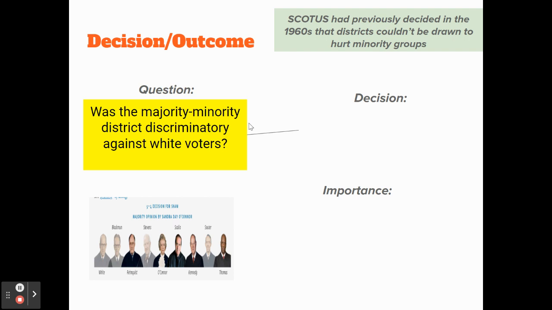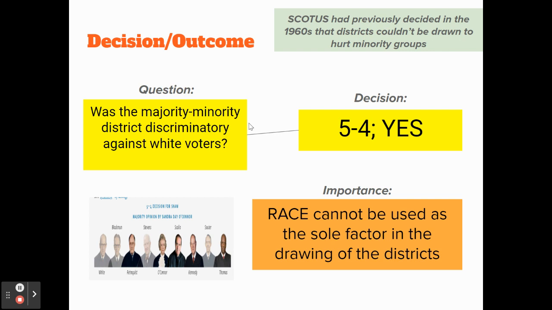So it's an interesting question because the Supreme Court had previously decided in the 1960s that the districts couldn't be drawn to intentionally hurt minority groups. Like some southern states were doing that, and that was discriminatory. But they had never answered the question whether or not the districts could be drawn to intentionally benefit minority groups. However, the decision is 5-4 that yes, these districts are indeed discriminatory, even if they're drawn in a way to try and benefit and help the voting power of minority groups like African Americans in this case. The importance and long term significance is that race cannot be used as the sole factor of the drawing